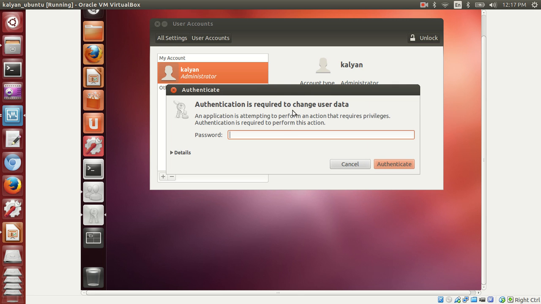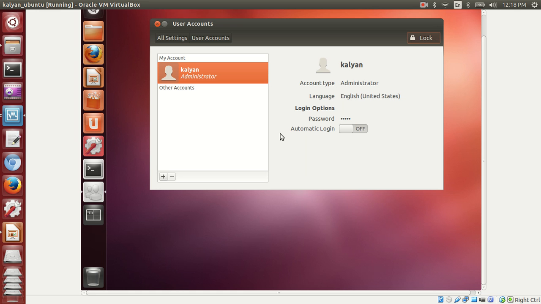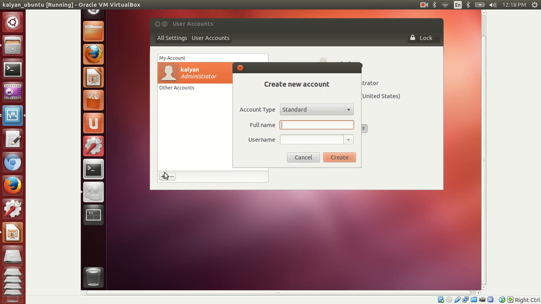It will prompt for the current user administrator password, so I'll give my administrator password. Now the window is in unlocked mode, so you are allowed to add users and delete users. For adding a user, click on the plus button,